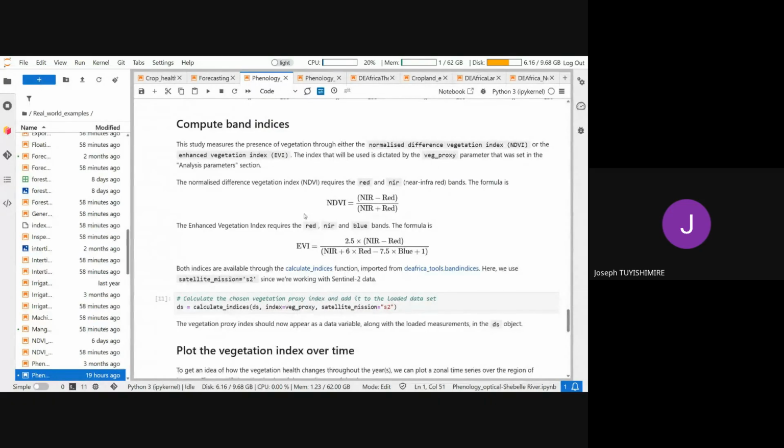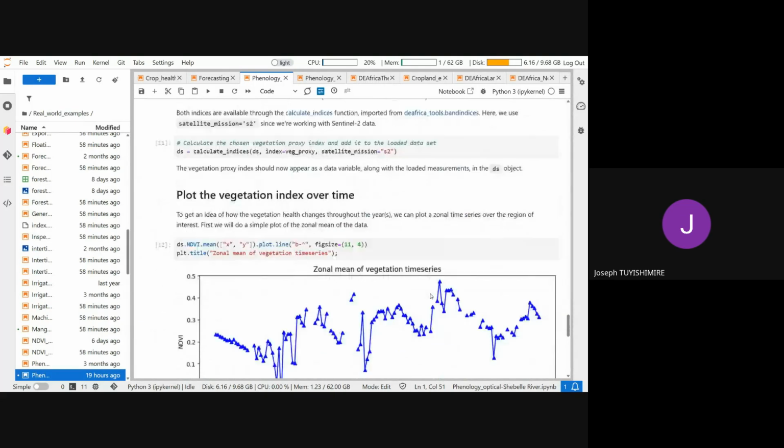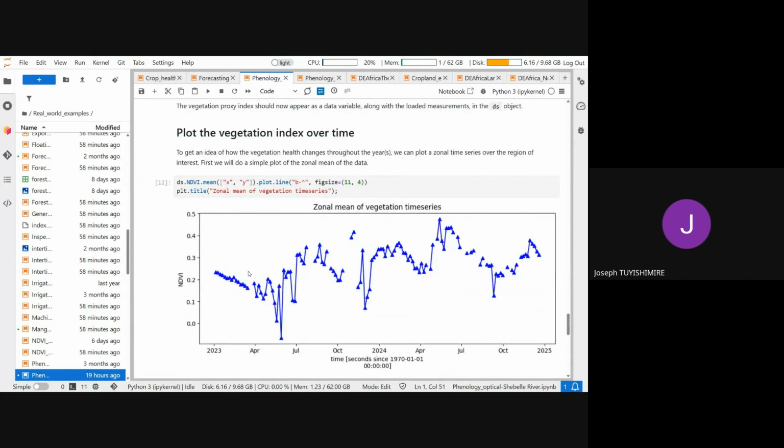Then those are formulas to calculate our indices, both NDVI, combining near infrared and red radiations, and this is the EVI combining near infrared, red, and blue radiations. We can plot the NDVI over time with the zonal statistics, and you can see that they are not continuous.